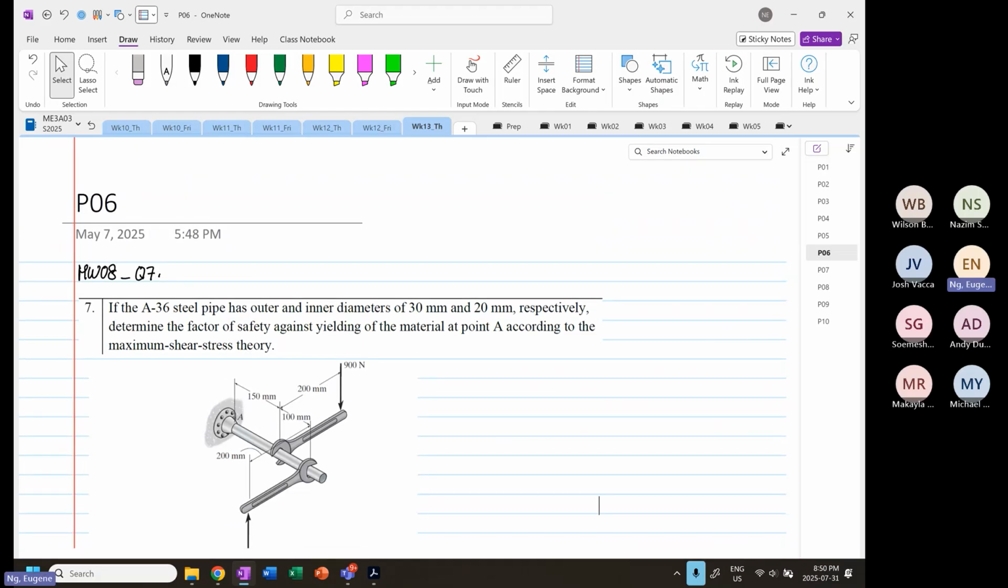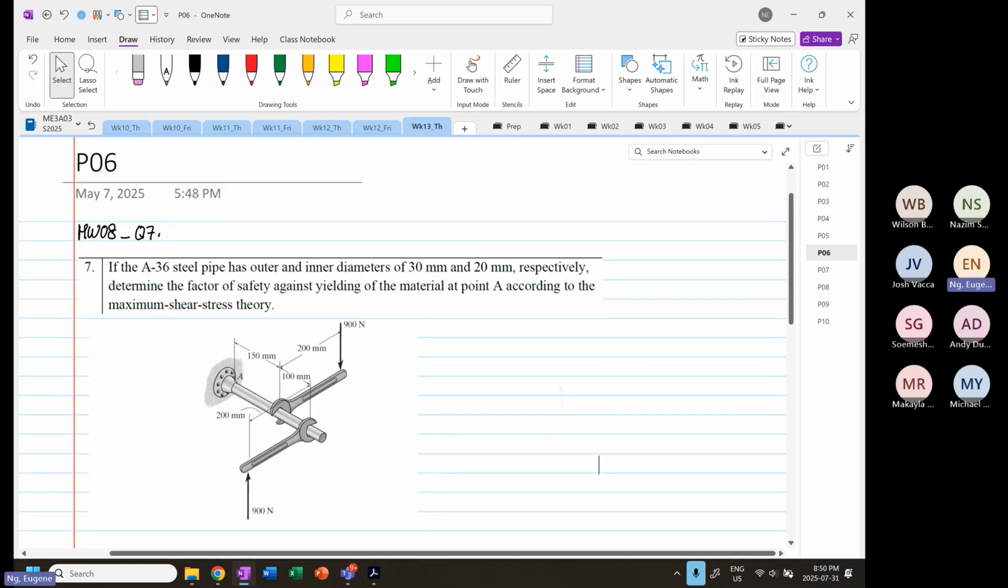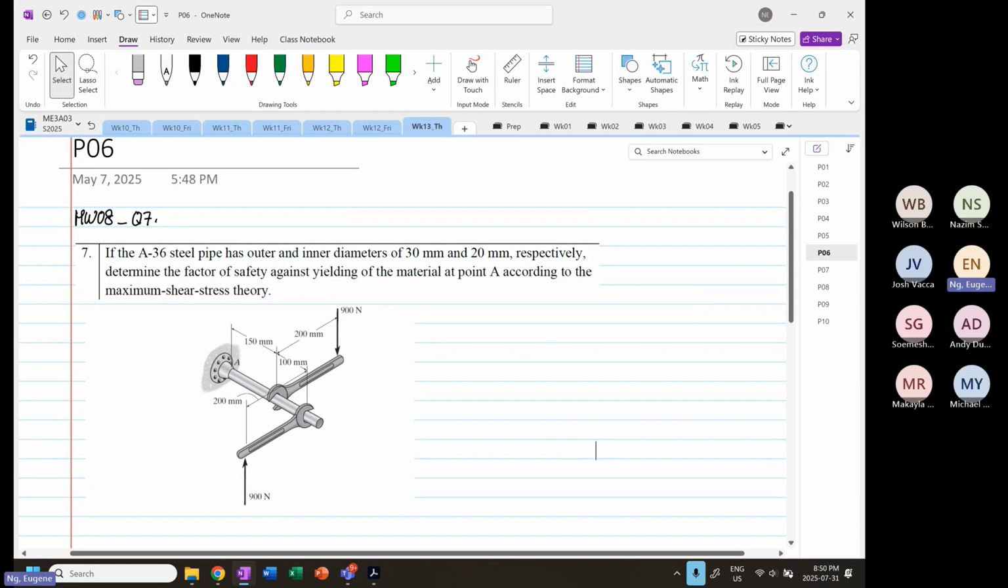So we are given a steel pipe. And the steel pipe has an outer and internal diameter. So we have to determine the factor of safety against yielding of the material at point A, based on the maximum shear stress. So the first thing that